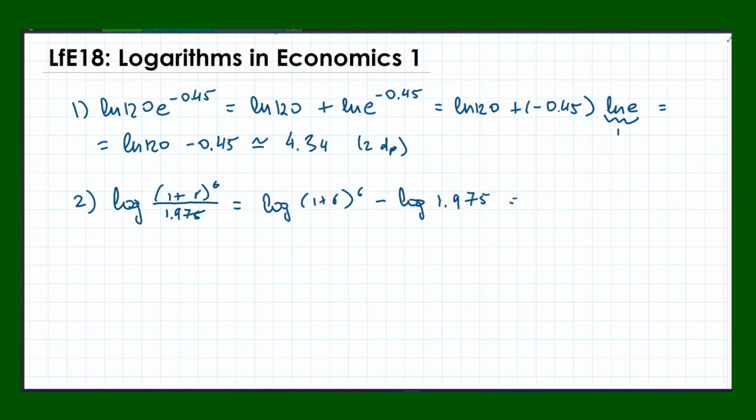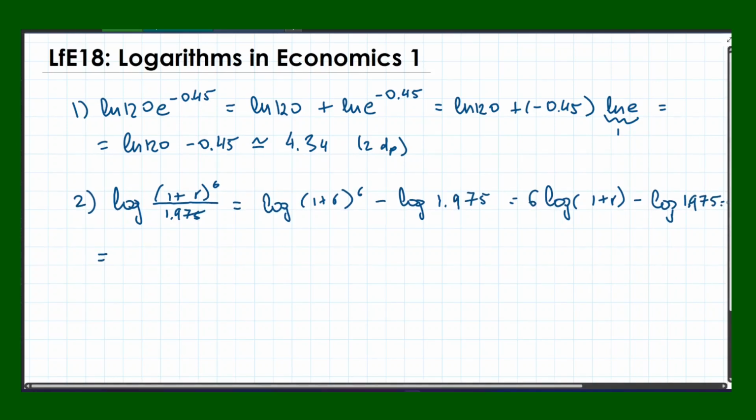What's next? Well, there is an exponent in the argument of the first log, so I can bring that exponent down as a multiplier. So this will be 6 log 1 plus r minus log 1.975, equal, and then follow through in the next line. Well, the first term I can't really do anything with because there is an addition in the argument of the log, and there's no rule for the addition. Besides, there is an r in there, so that's a variable whose value I don't know. So the first term is just going to be 6 log 1 plus r, but the second term is minus